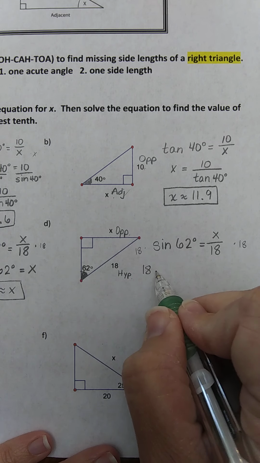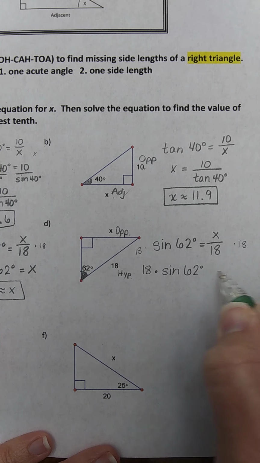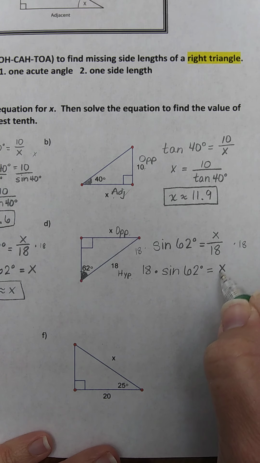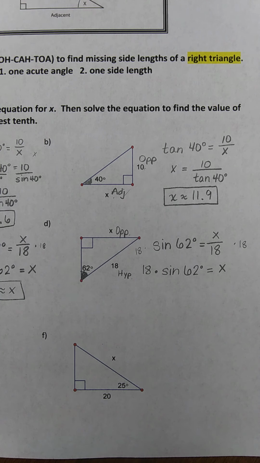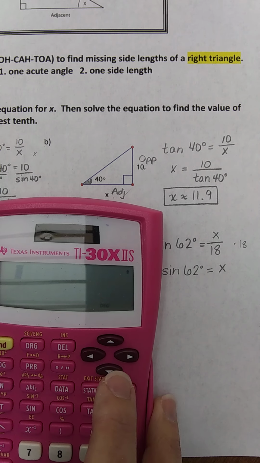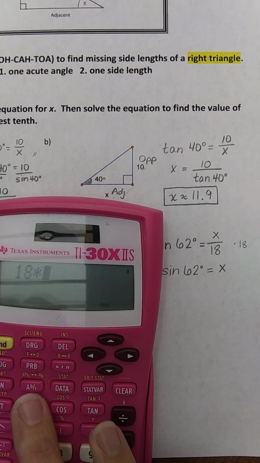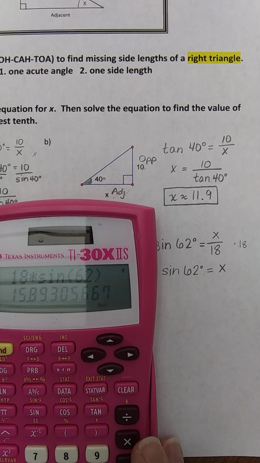So I have 18 times the sine of 62 degrees equals, dividing by 18 and timesing by 18 cancel out, so we just have x. So now we have x alone. That means this is what we're going to type into our calculator screen. So we will do 18 times the sine of 62 degrees. Hit enter, and we get